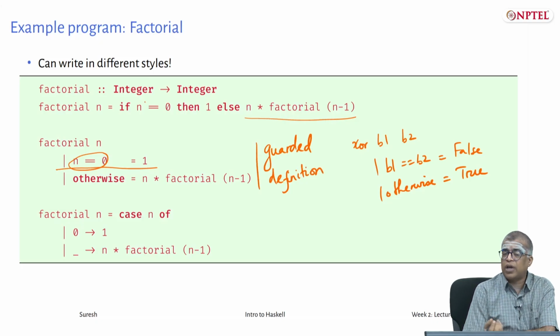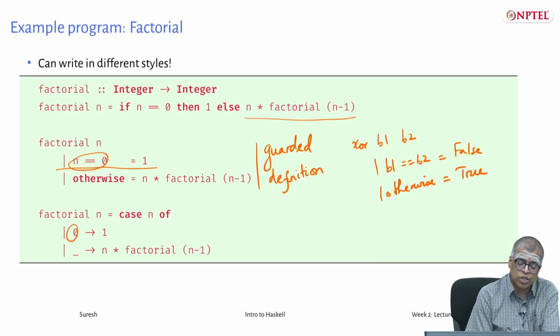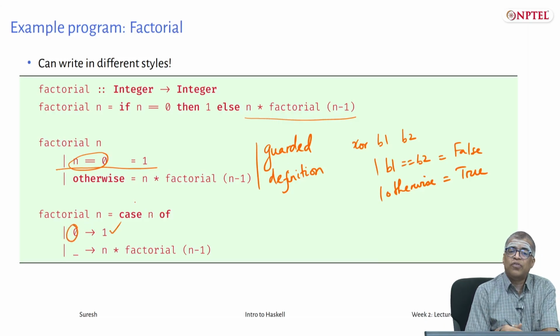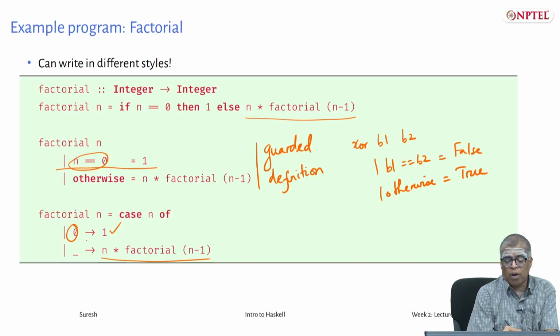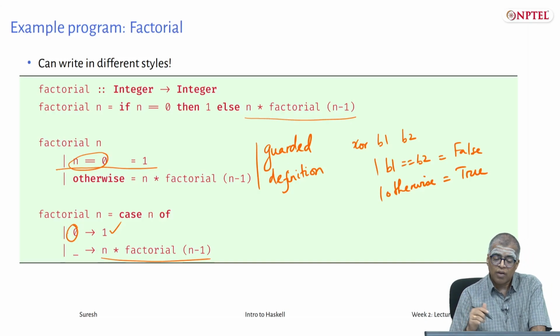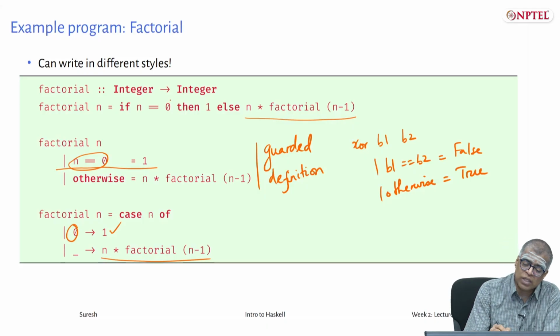This is if then else. I can also use case. I can say factorial n, case n of, if n matches the pattern 0, you return 1. If n matches any other pattern, you try to do n times factorial n minus 1. Okay. Note that in pattern matching and in case you cannot give complex Boolean expressions on the left, you can only give patterns. Whereas in if then else, I can write complex conditions here.